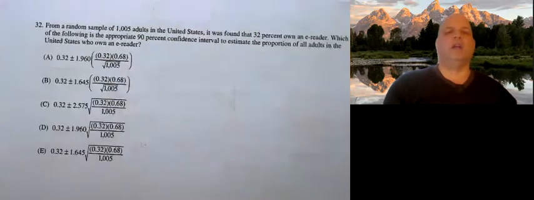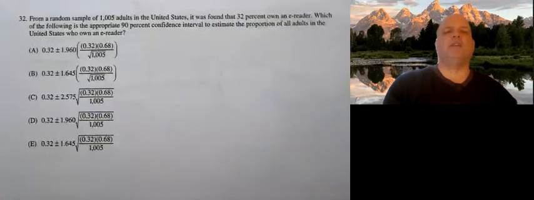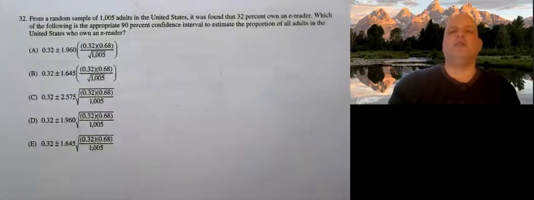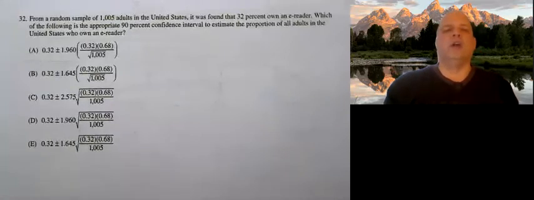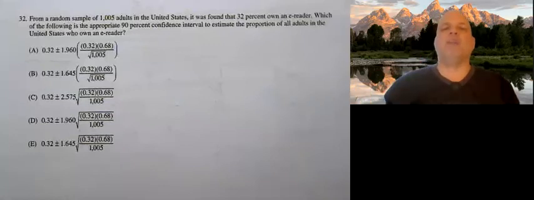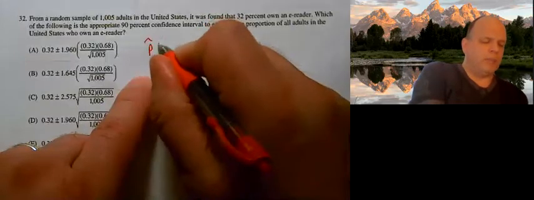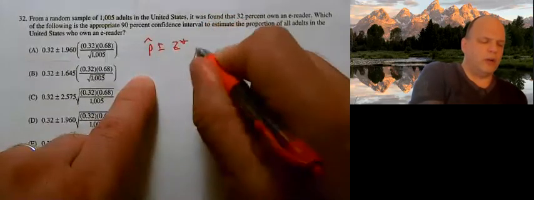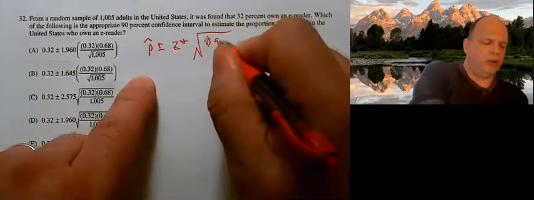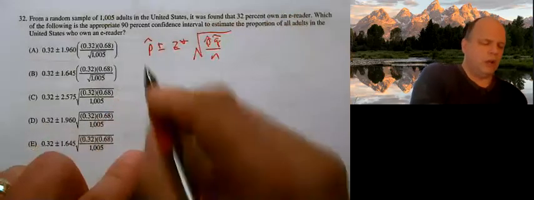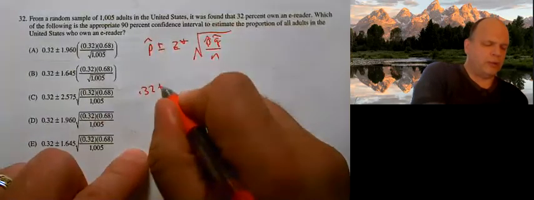All right, number 32. Slide this all the way down. From a random sample of 1,005 adults in the United States, it was found that 32% own an e-reader. Which of the following is the appropriate 90% confidence interval to estimate the proportion of all people in the US who own an e-reader? So our confidence interval has this formula: p hat plus or minus z star times the square root of p hat q hat over n. So p hat 0.32 plus or minus